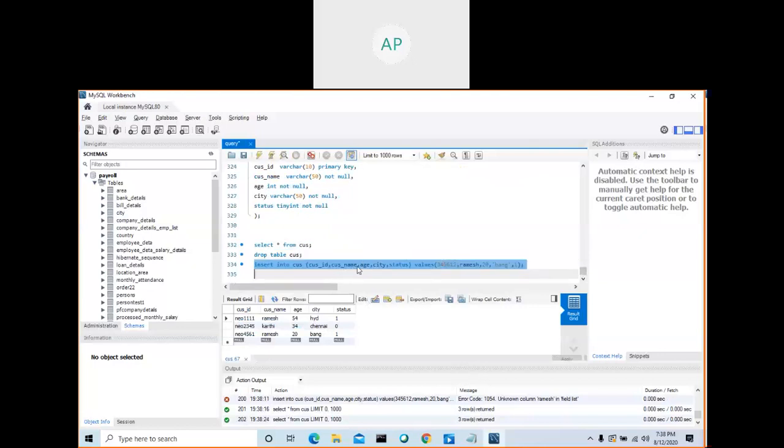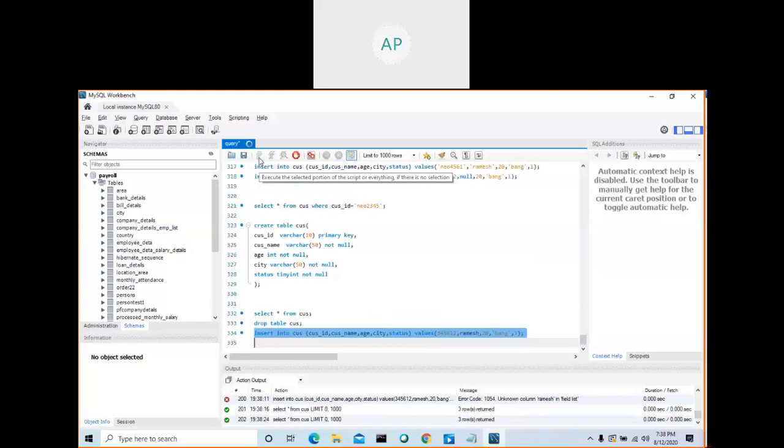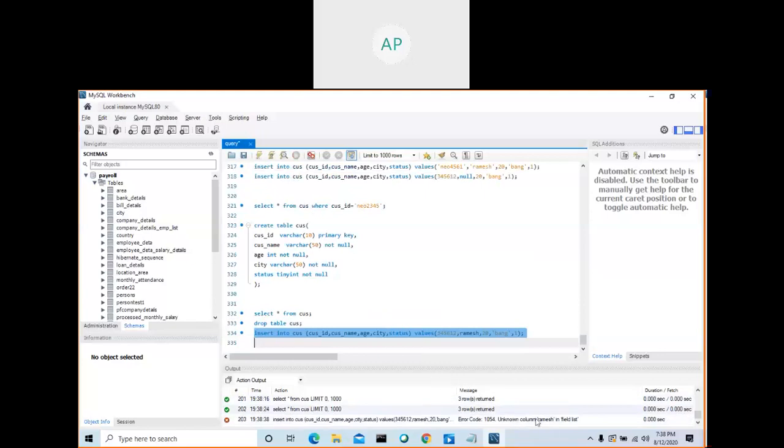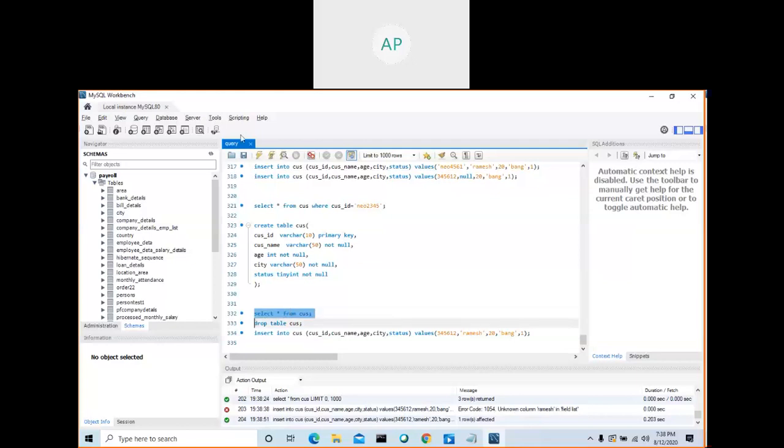First ID, name, age, city. Let me try this one. No, error code: unknown column Ramesh. So why unknown column? You didn't give single quotes because it's varchar, right? That's why. Let me run this one. See, inserted.